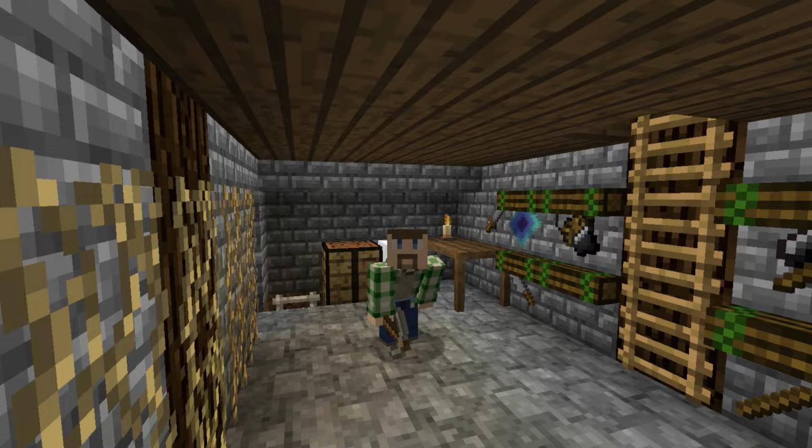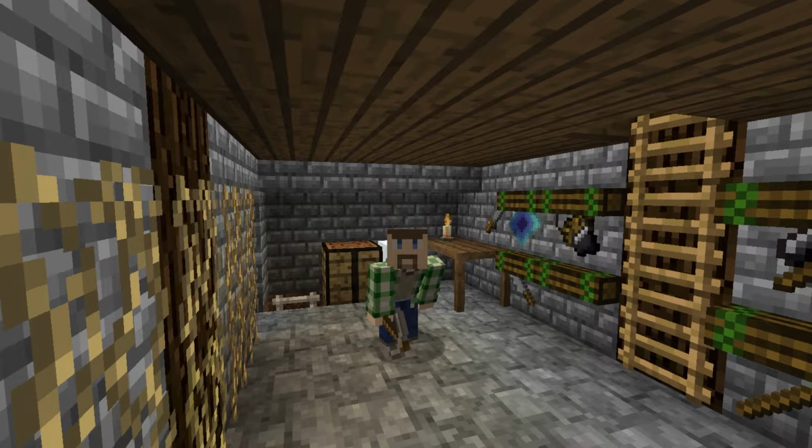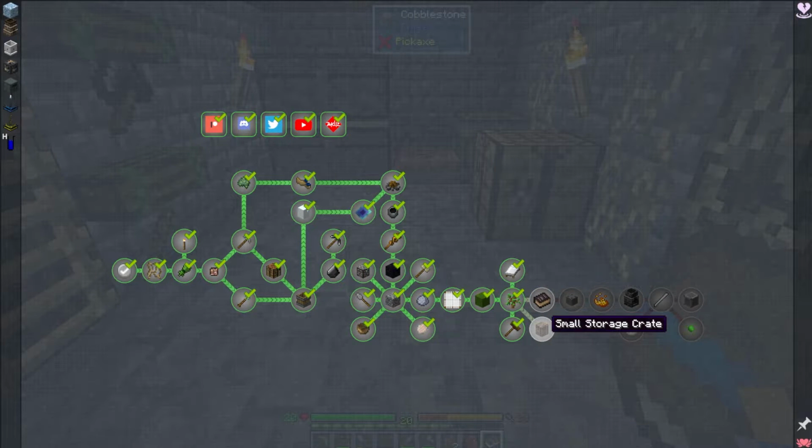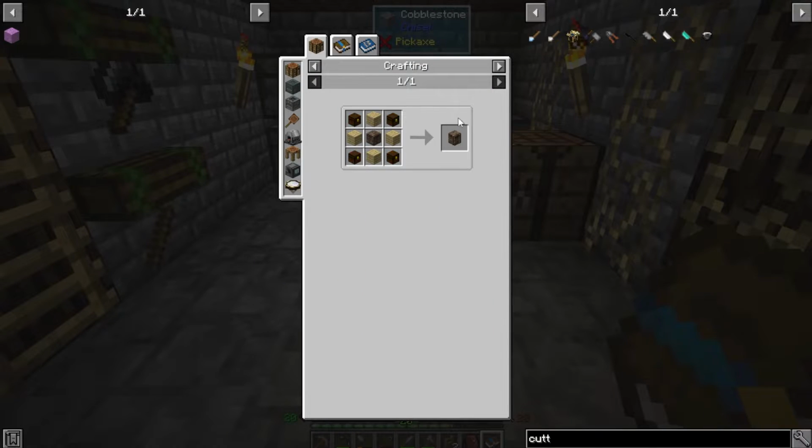But you do sacrifice some bonuses by splitting a tool like that. Don't know how important it is, but just going to leave it as is for now. I don't really need a multi-tool. They break fast enough as it is. Anyways, our next stop is to make the small storage crate, which is pretty much what it is in any